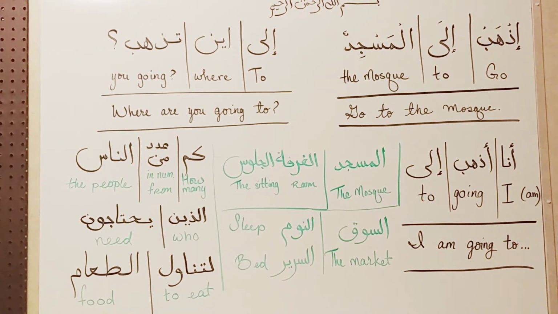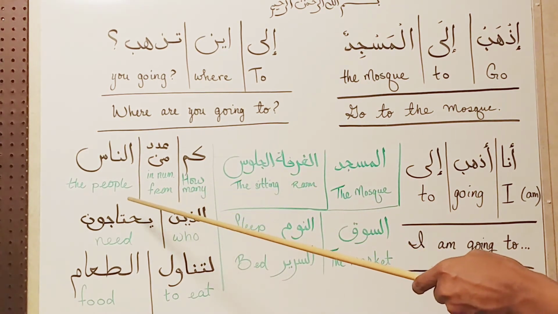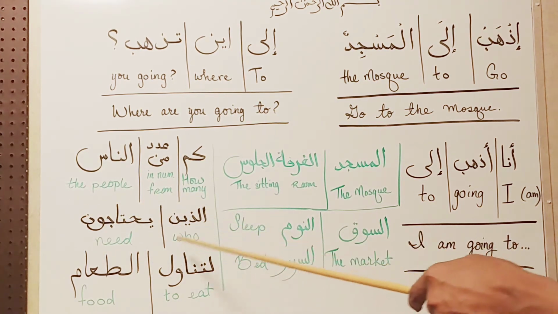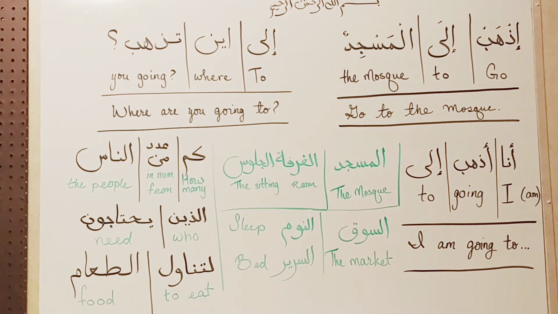One that is very common during the month of Ramadan, right here, due to the lack of space, I couldn't write the whole sentence. I probably could have written the whole sentence down here, but I didn't want to make it more confusing. There's a lot going on the board right now. But one sentence that you'll probably use a lot during the month of Ramadan, especially if you're active when it comes to iftar, or serving people at the end of the day, you would normally ask, how many people, or how many from amongst the people are there who need to eat food? How many people need to eat?